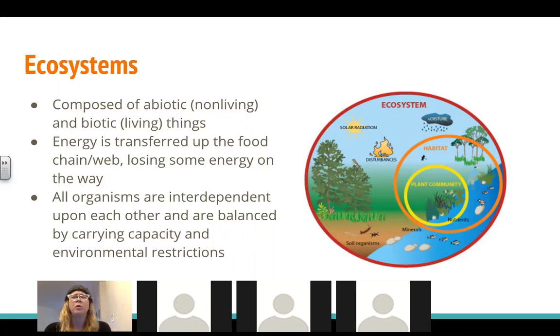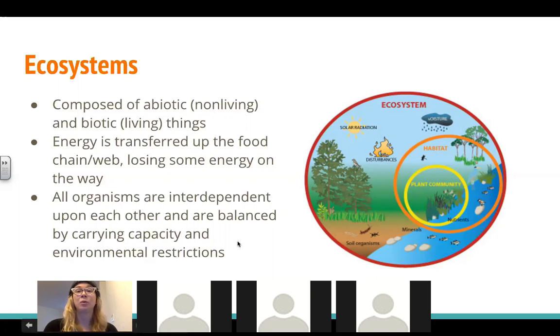So a lot of people who've done the DBAs with me really nailed this question about carrying capacity. It's just the amount of organisms that the ecosystem can support. It's going to really depend on environmental restrictions, but also other factors, like birth rate and death rate. Humans have one, maybe two children at a time. Other animals like dogs have nine, ten at a time. So even something like that can influence the carrying capacity.